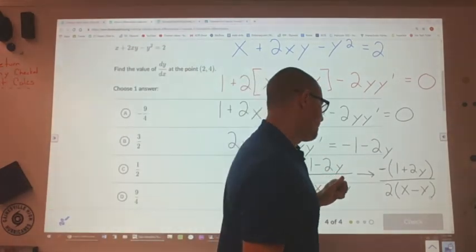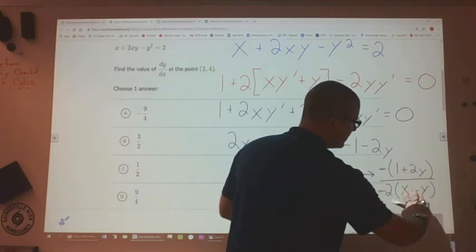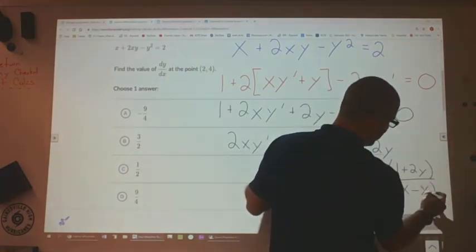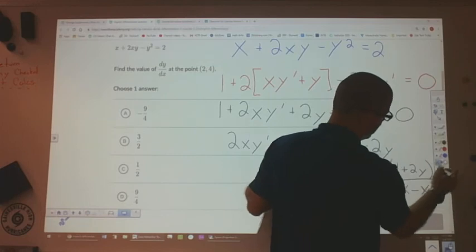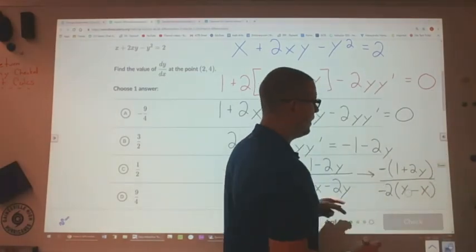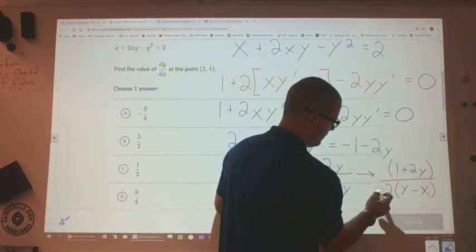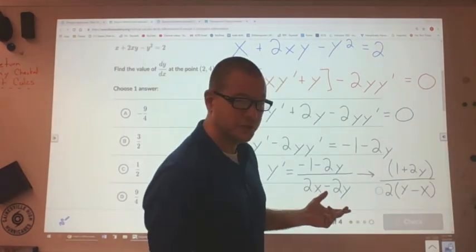Then I'm going to factor a negative out here and switch the order so that that becomes y and that becomes x. And then I can cancel that negative,